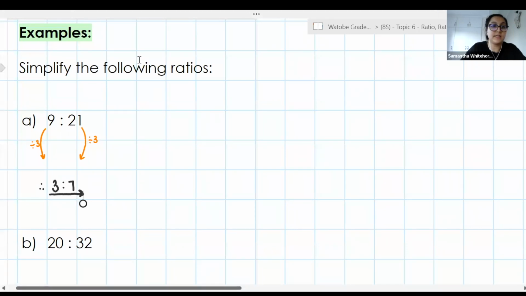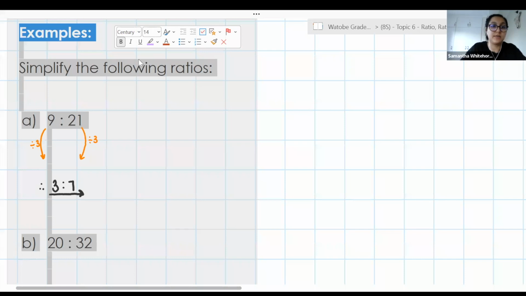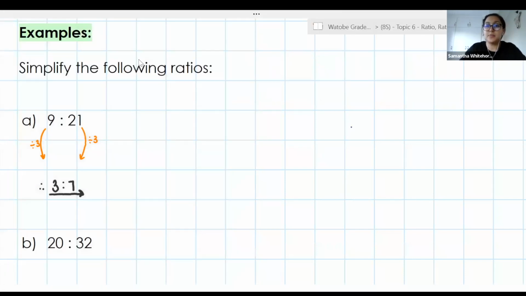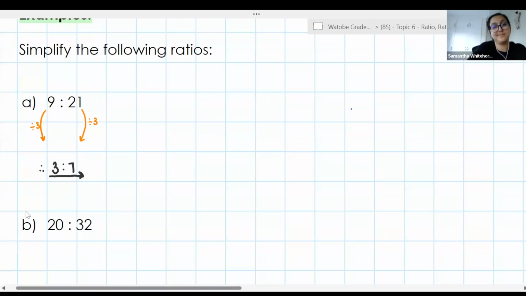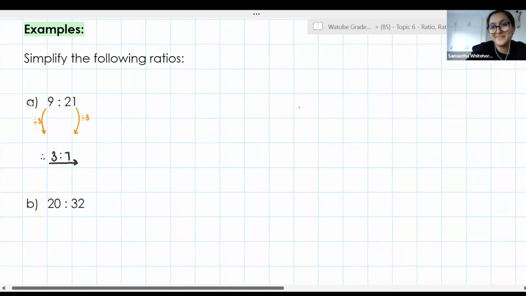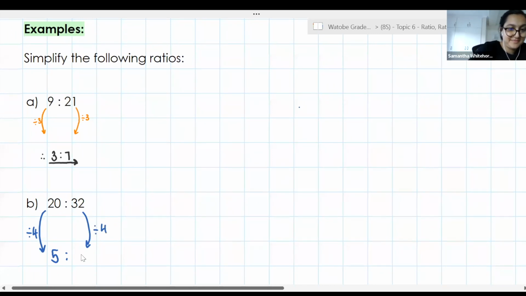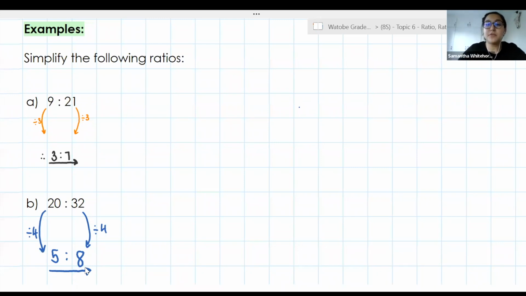Right, would anyone like to raise their hand to explain for us how they did this? Recipe Lab, help me out here. Hi, ma'am. Hi. So if you say 20 divided by 4, you will get 5. And if you say 32 divided by 4, you will get 8. The ratio is 5:8. Perfect, well done. So exactly, guys, we can divide both of those values by 4, giving me a simplified ratio of